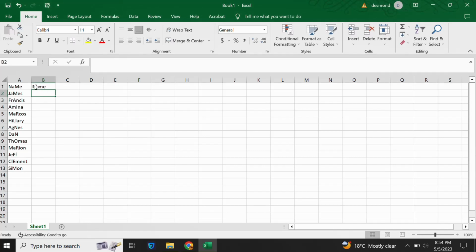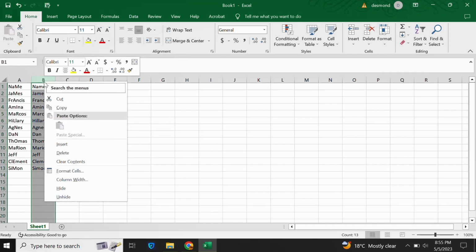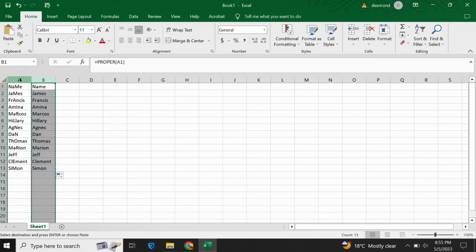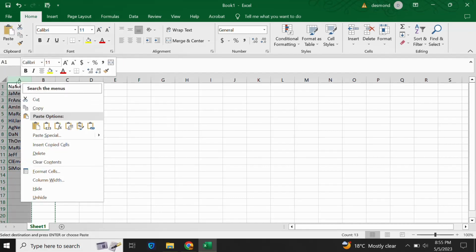You will notice that the letter N in name here is in caps, then the subsequent letters are in lowercase. I'll simply drag the formula to the bottom of this column, then I'll have my names written in proper case. Then to do away with this wrong list, I'll simply copy, then paste this column into the first